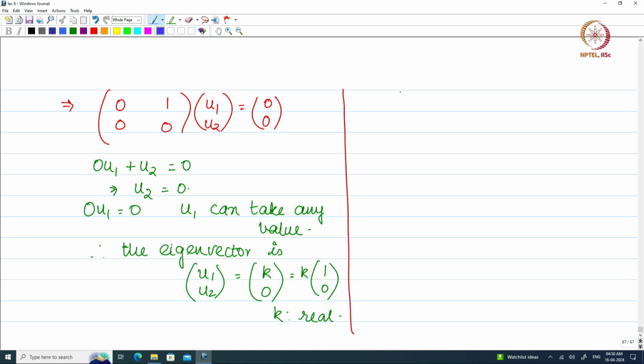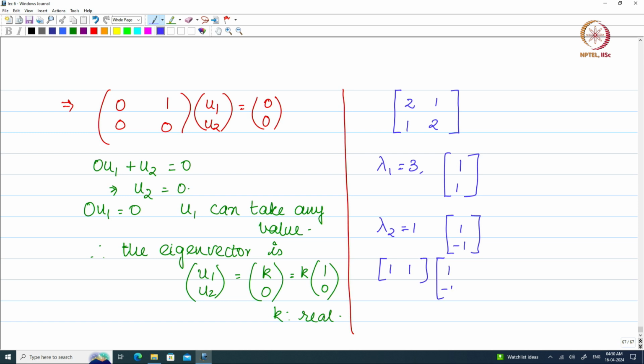It is in fact more interesting. We will just look at this particular matrix which we started working with, [2 1; 1 2], where we figured out that the eigenvalues are lambda 1 equal to 3, and the corresponding eigenvector was (1, 1), and lambda 2 equal to 1, the corresponding eigenvector was (1, -1). Now, it is interesting to see that (1, 1) dot (1, -1) gives me 0, which means there is something happening, a very important property which we will just mention here, but we will prove it at a later stage, where we say that